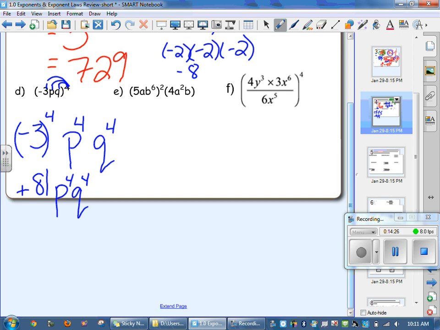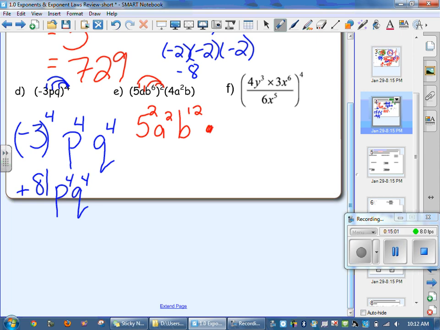Letter E is a bit more complicated. We've got a couple brackets, but we've got a couple exponent laws going on. Before I can combine the left bracket to the right bracket, I need to realize the 2 on the outside of brackets needs to multiply into my whole bracket. So I'm going to have 5 exponent 1 and a exponent 1 that also get multiplied by the 2. So I'm going to have 5 squared, a exponent 2, b exponent 12, all timesing by 4, a exponent 2,